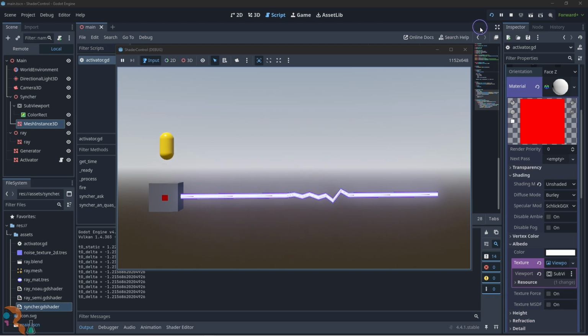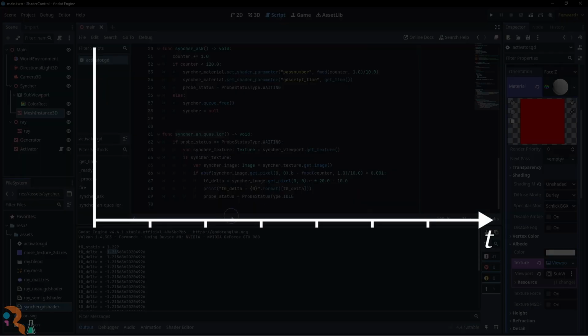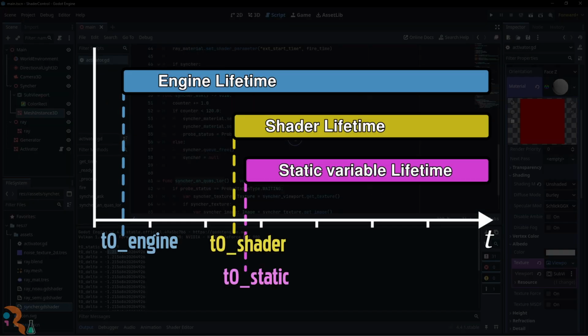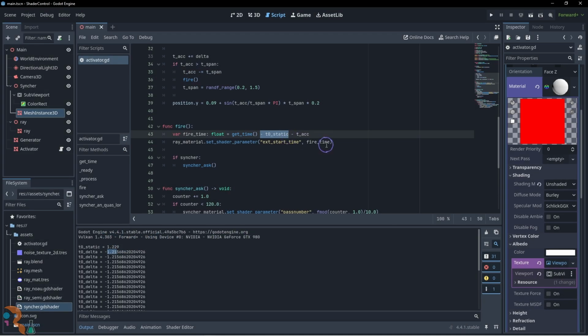The canvas item shader also has the same delayed behavior as expected. You can see it by the green coming in late. Yes, we found the exact delay duration. The lag is likely caused by the shader compilation phase and can be measured using the shader itself. I'll use it instead of the previous value.